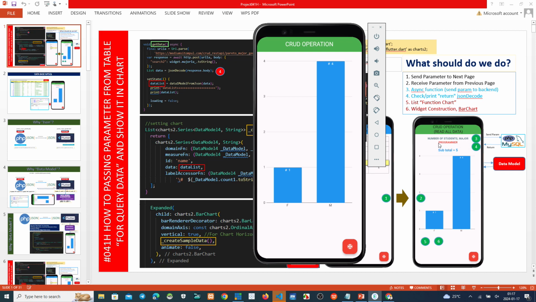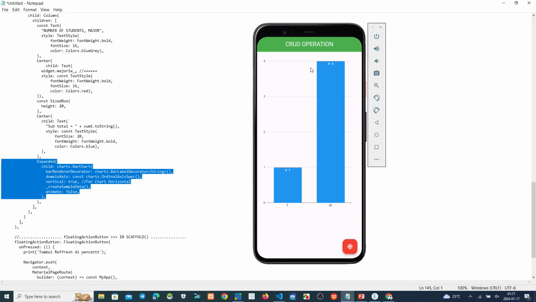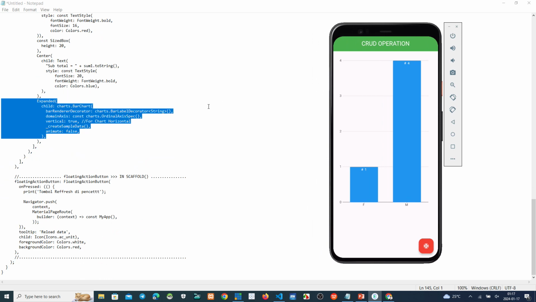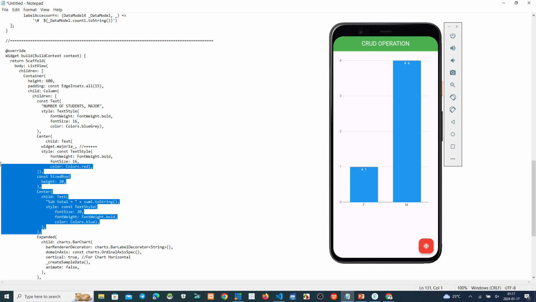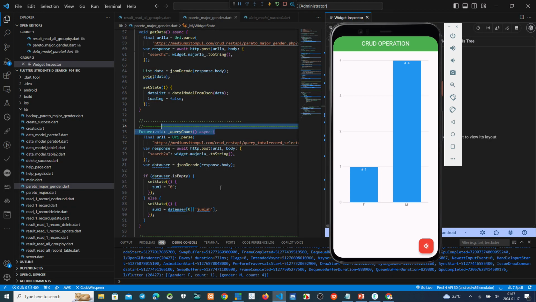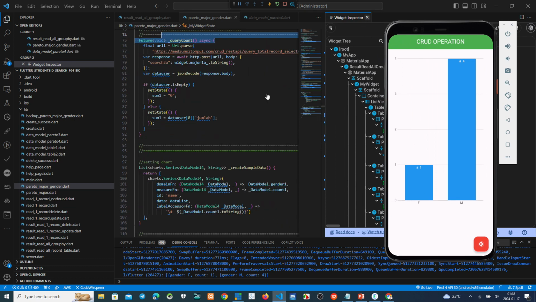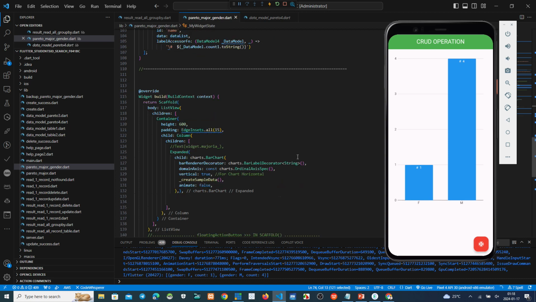This is very simple, but we just copy this one. Copy. Where is it?